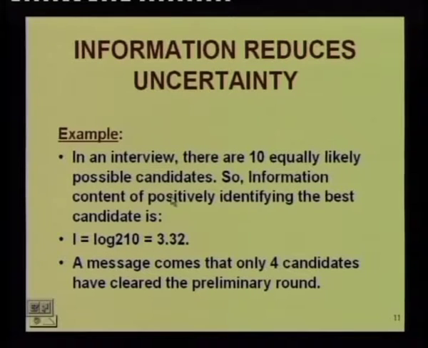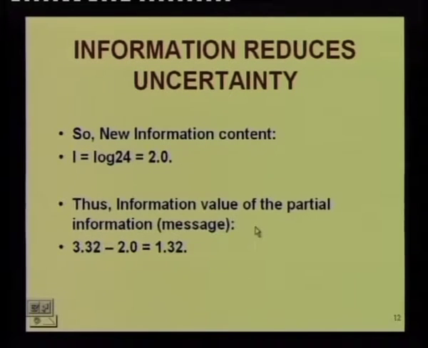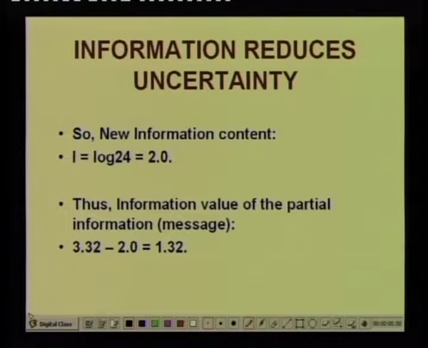Now, when a message comes that only 4 candidates have cleared the preliminary round, that means from 10 equally likely candidates, we now have 4 equally likely candidates, then we see that the new information content is log 4, which is 2, because 2 to the power 2 is 4. Thus, the information value of the partial information or the message is 3.32 minus 2, that is 1.32. So, we should now be able to calculate